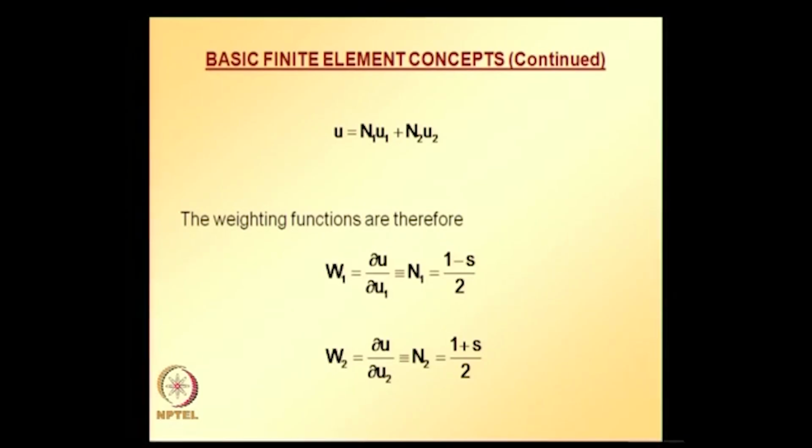Now the coefficients a0 a1 are replaced with u1 u2. So the weight functions now become the partial derivative of u with respect to the nodal coefficients, that is u1 u2. So the weight function becomes the same as the shape functions. So these are the two weighting functions for a 2 node element,